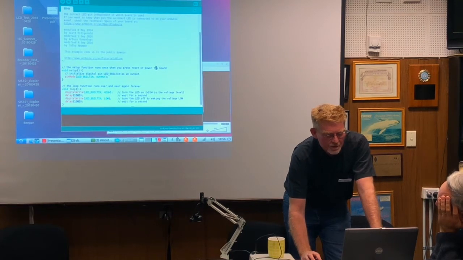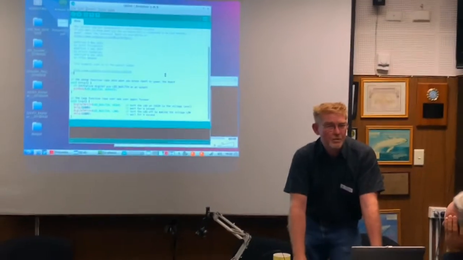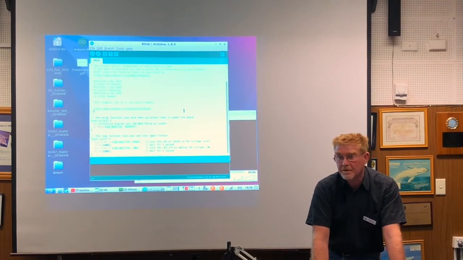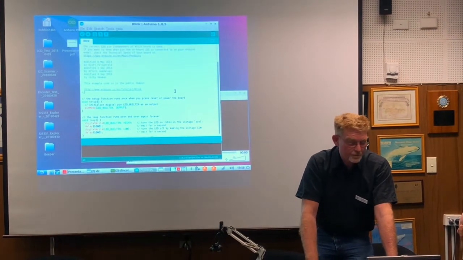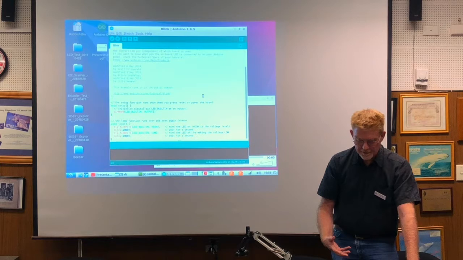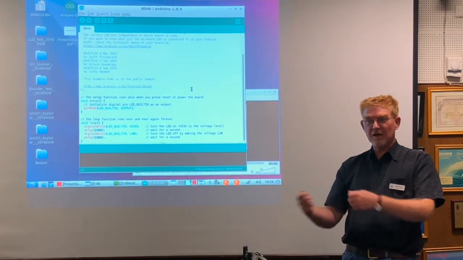Now, some people may have done a bit of programming before, particularly in the C language, and if you've done any work there, you know it starts with a function called main. You start at main, this is where the program kicks off and then goes from there. The Arduino is a little bit different. It has basically the idea if you set up the hardware that you're working on, then you let the thing go off and do its thing.